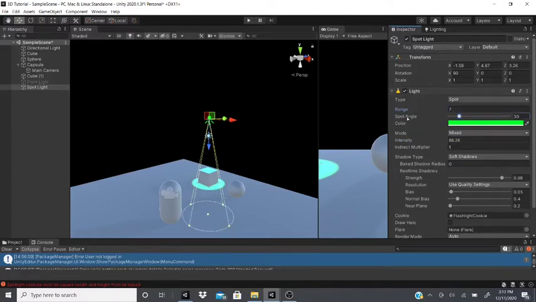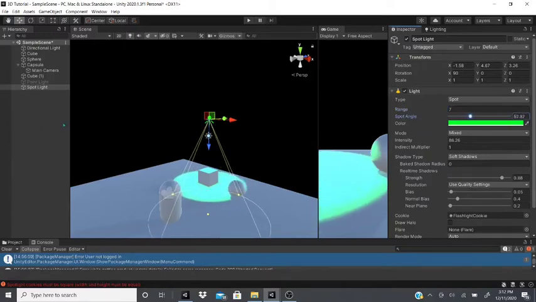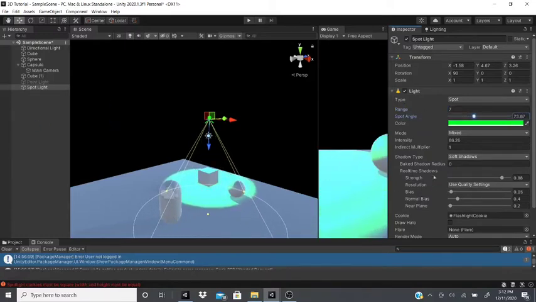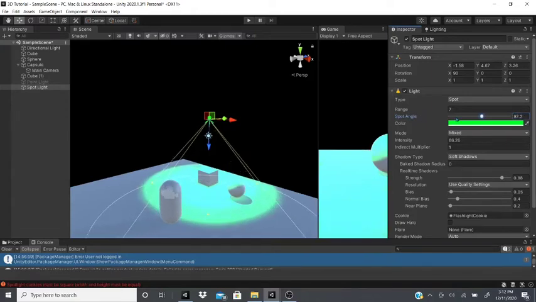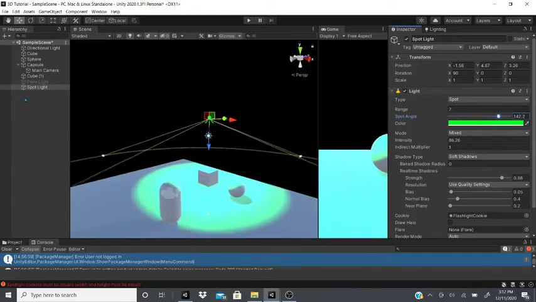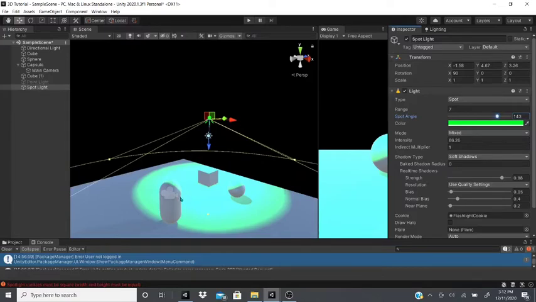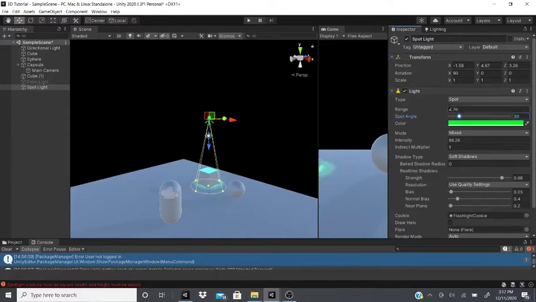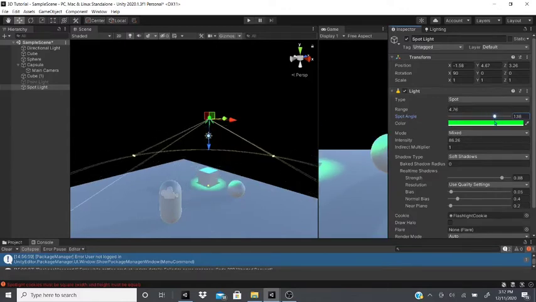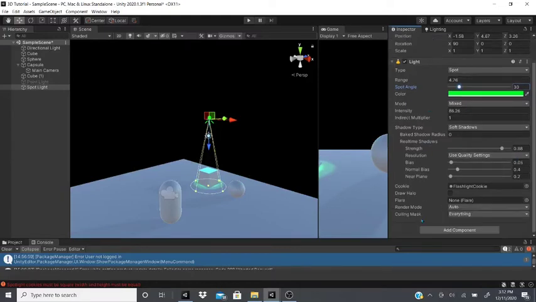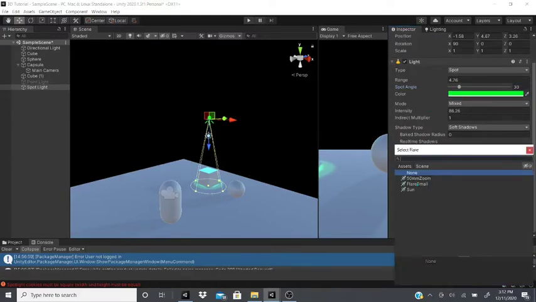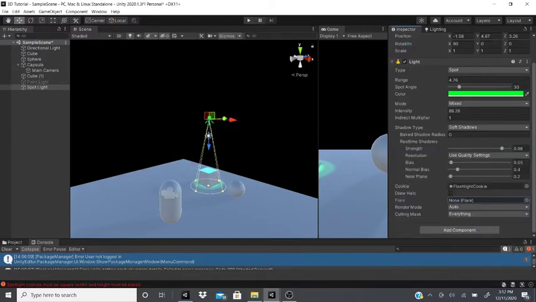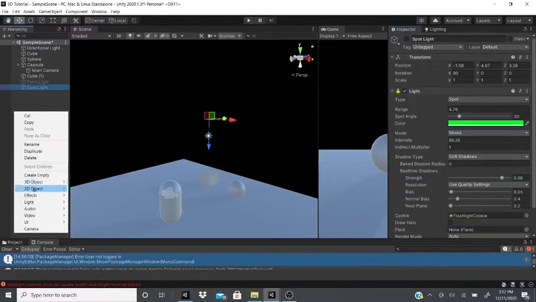If you've got a high range and you spread out the spot angle, since there's a high range and we have a high intensity, there's a lot of brightness, so we could distribute the light out to the scene. Now, as you can see, it affects the capsule right here, and everything else. But when I had it at a low range, it didn't even reach the capsule. They also have flares, just like everything else. Then after that, we're done with the spotlight. Now we're gonna go to